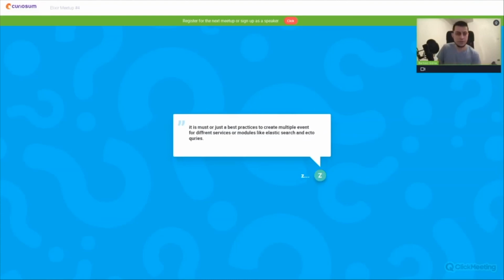Okay, so we have this question also. Is it a must or just best practice to create multiple events for different services or modules like Elasticsearch and Ecto queries? When you have an event, you can prepare one event per each data inside. I mean, we had an example with the duration, for example. In telemetry, you can eliminate a problem with storing this data. So you have a pretty simple map instead of tracking a thousand fields in one event. You can have a lot of events, and your handlers will focus only on the separated ones. And also in telemetry it should be easier to have multiple subscribers instead of one big event with a lot of tags